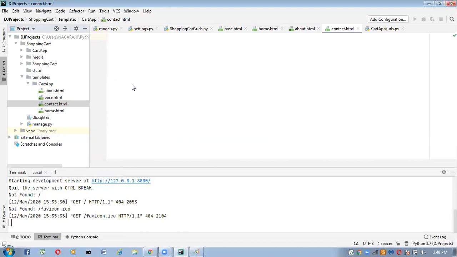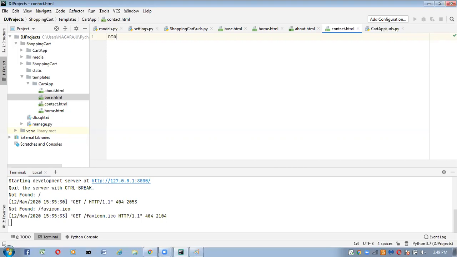Like this, 4 HTML files I took here. Now what am I going to do? First, go to this base.html file. Here I am going to take HTML. I want to take the boilerplate code, that HTML basic code, here. For that, what we have to write?